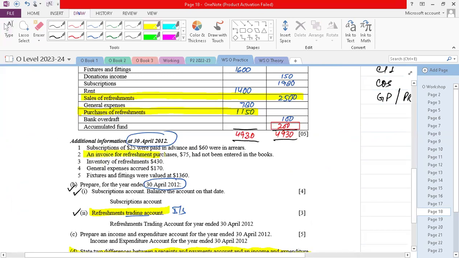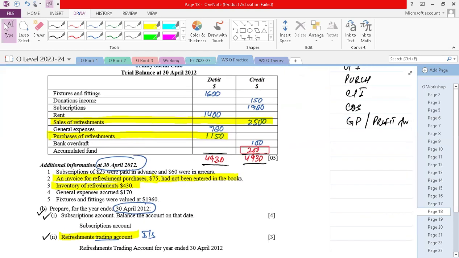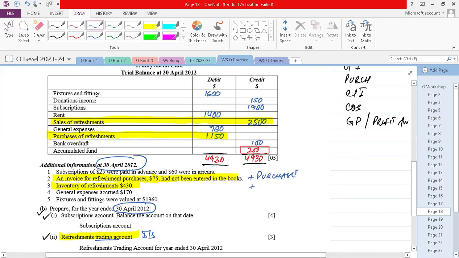Here is the adjustment relevant to the refreshment, the inventory of refreshment. Now look at the adjustment carefully. An invoice for refreshment 75 had not been entered in the books. Add it in purchases,